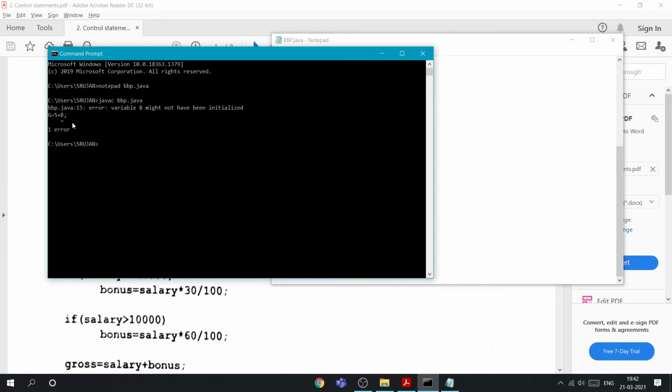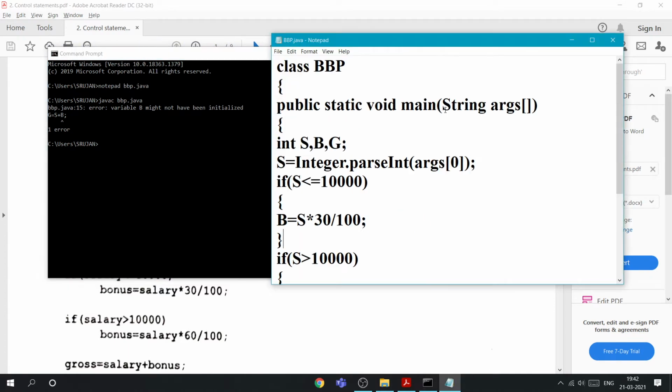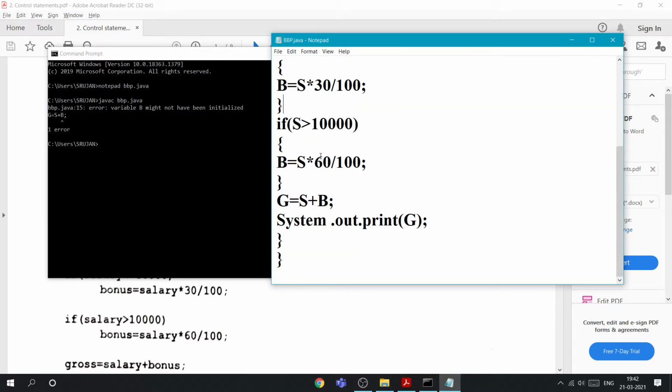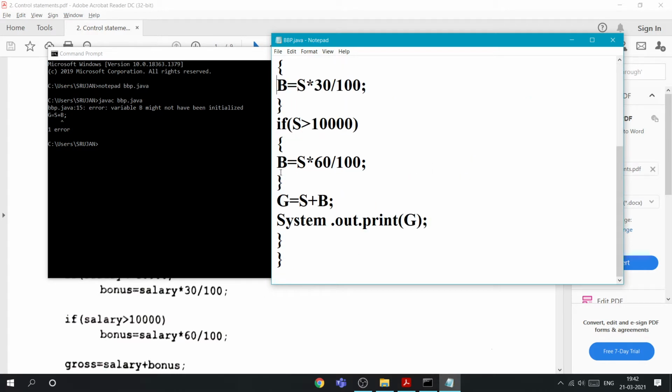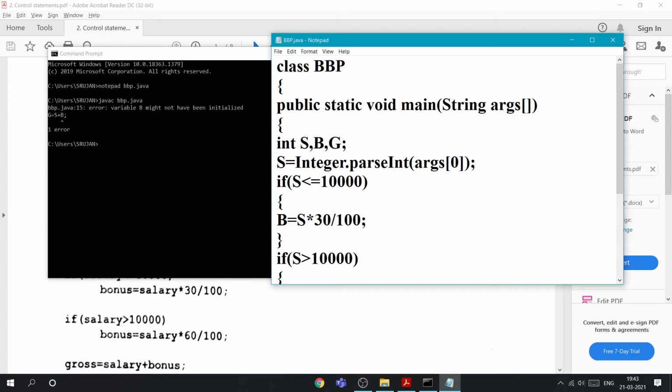There is an error here. Variable b might not have been initialized. There is a problem here because b is in the conditional statement. Until this statement executes, it will not be assigned to anything, so for those we need to compulsorily assign some value.